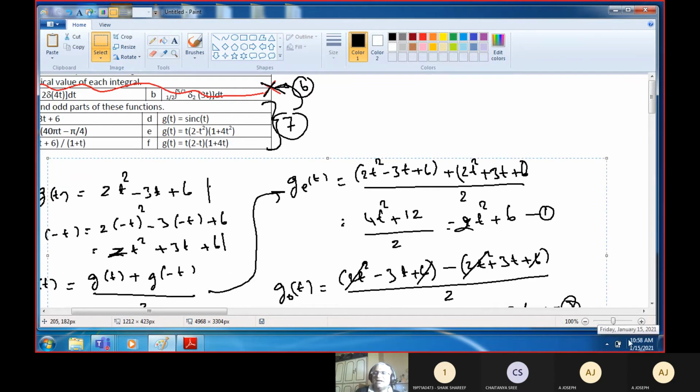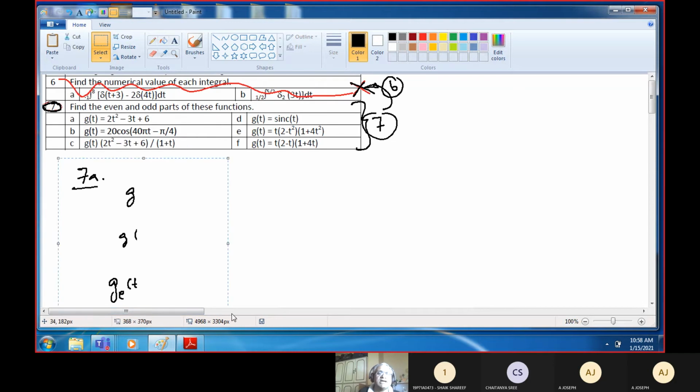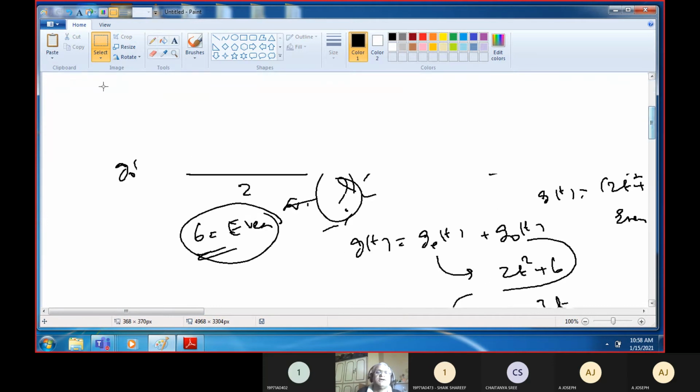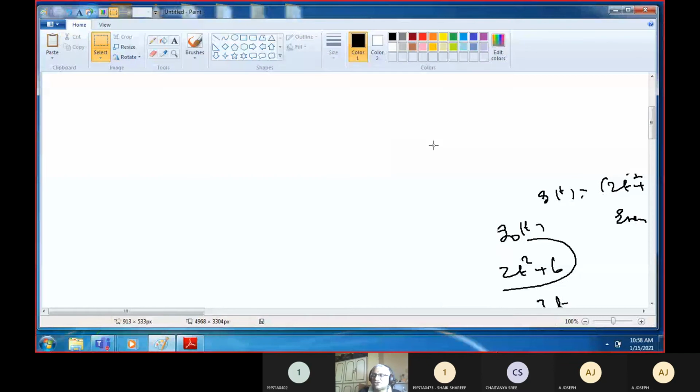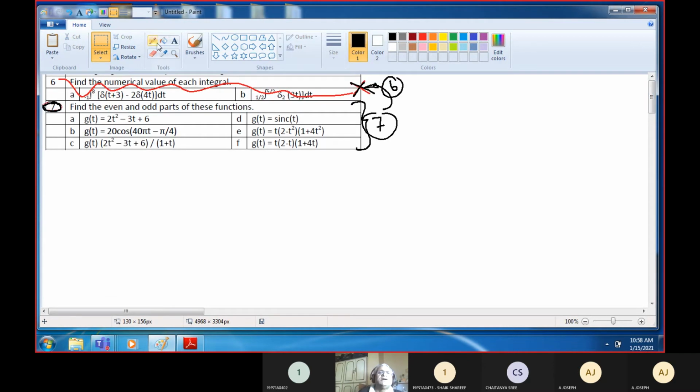Now we will use the same logic to solve the other problems. I'll only give you the hints on how you have to solve, and you have to apply the basic ideas about algebra, trigonometry, and whatever you know in basic mathematics, all that you have to apply to solve all these problems. Okay, so I'll just come back to that. Now, one by one, let us do it. I'll only spread out the problem. I'll expand the problem for your understanding. Let us take 7b. Okay, what is 7b? Separate even and odd.